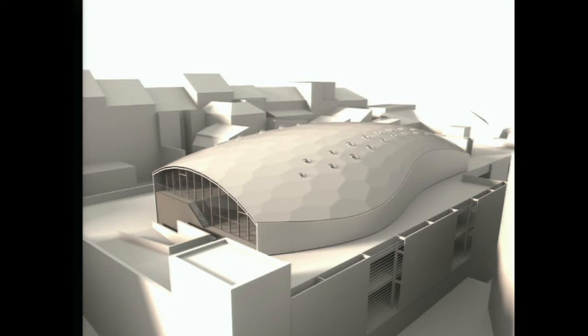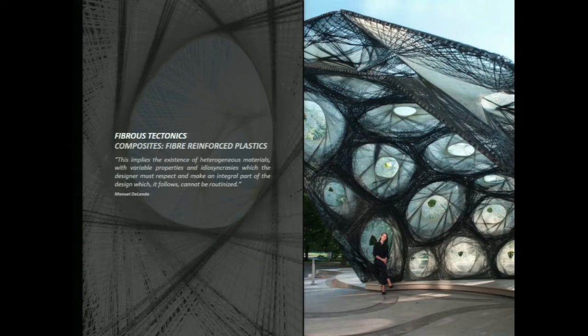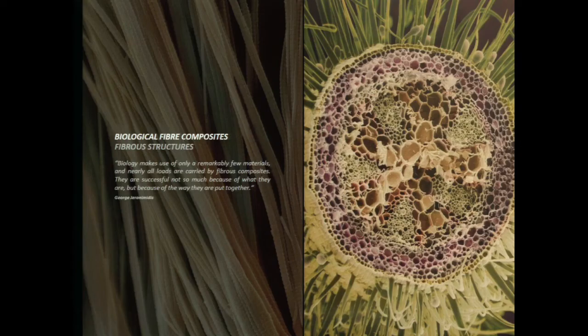But today I will focus on one specific family of materials because they are particularly challenging to the way we think about materials in architecture, and that is fiber-reinforced plastics or composites that are made from them. So this is an interesting family of materials from many points of view, and I will try to hint at some of them. But I will begin with something that is quite surprising, which is that, namely,